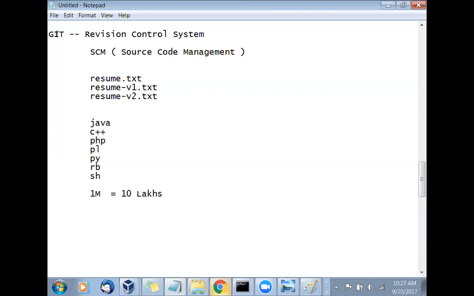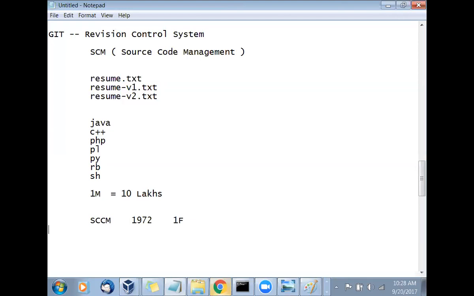That is why you need a tool called a revision control tool, which is also called a source code management tool. Now, this concept is not new. It started nearly in 1972. The first tool which got into the market for revision control was SCCS. What was it doing? It was maintaining the versions of one file.